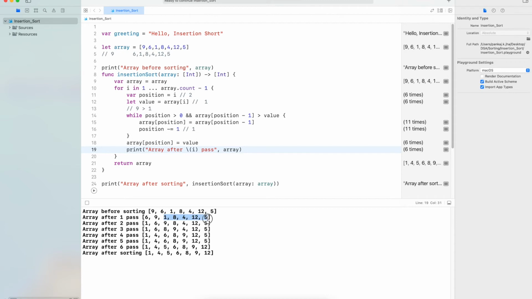This will be the unsorted array now. Then 1 will be picked. It will compare with 6, and compare again with 9 and 6. So in the second pass, 1 will be at the correct position. Similarly, after 6 passes, all the elements in the array are sorted. So this is insertion sort.